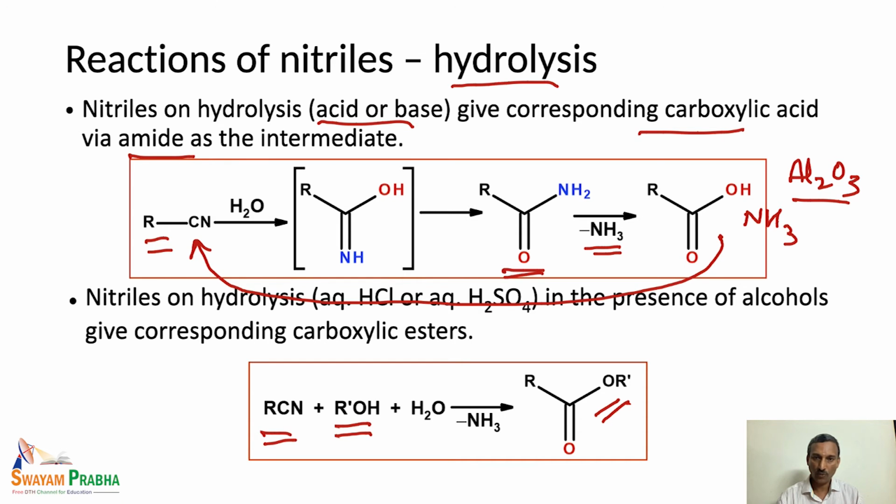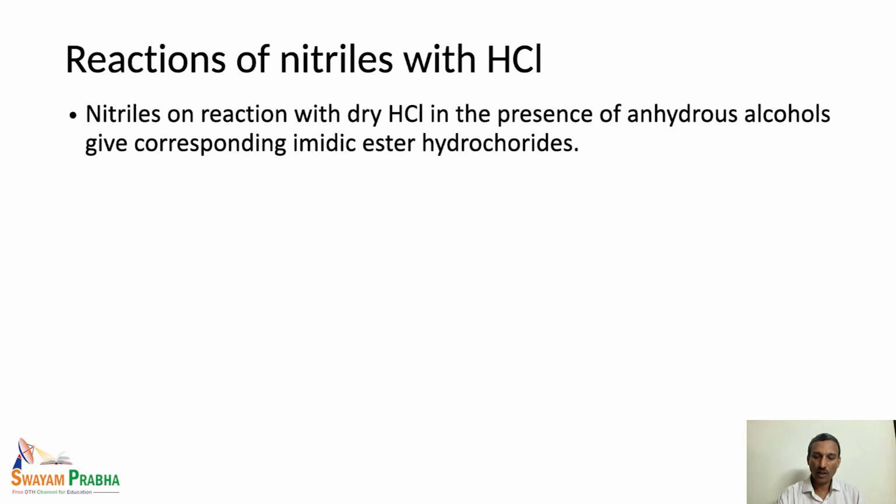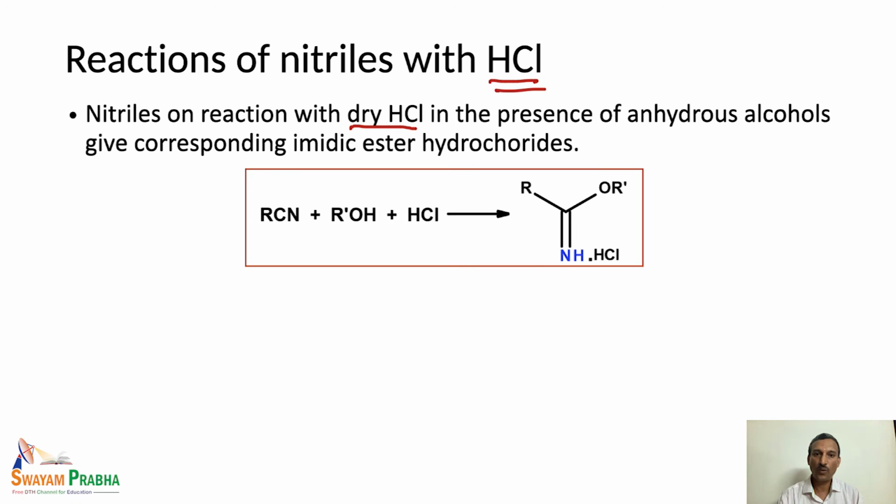produce corresponding esters. If we are using hydrochloric acid and nitrile, we have a couple of different conditions. When we treat the nitriles with dry HCl in the presence of anhydrous alcohol, that gives imidic ester hydrochloride as shown here. So, this is a different product. In the previous case, if you are using aqueous HCl, the reaction is a little bit different. If you are using aqueous HCl, we get ester as the final product, and if you are using non-aqueous conditions, that is, dry HCl instead of aqueous HCl, we will get imidic ester hydrochloride as